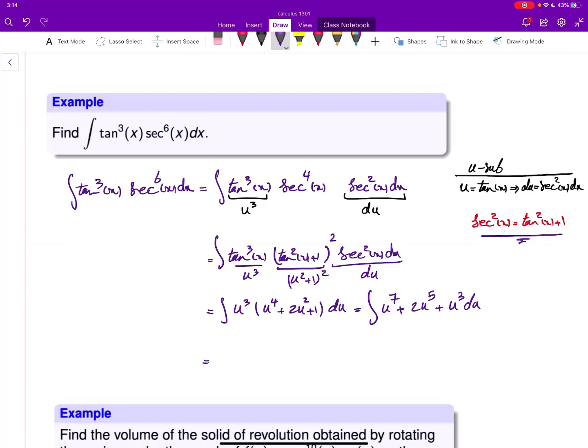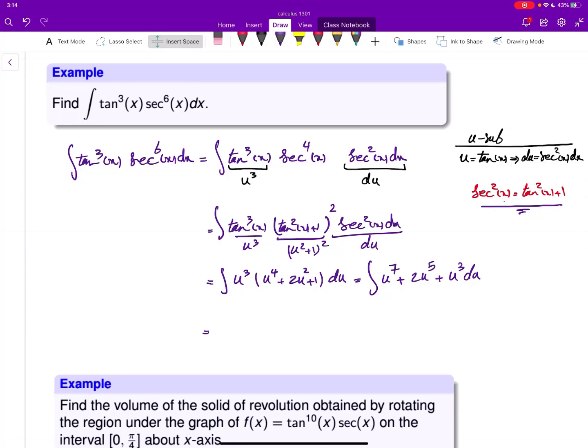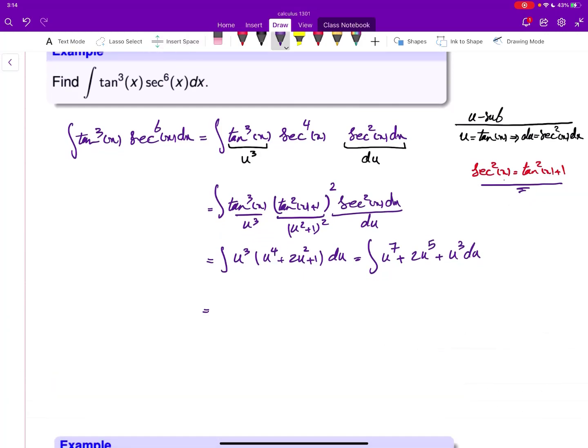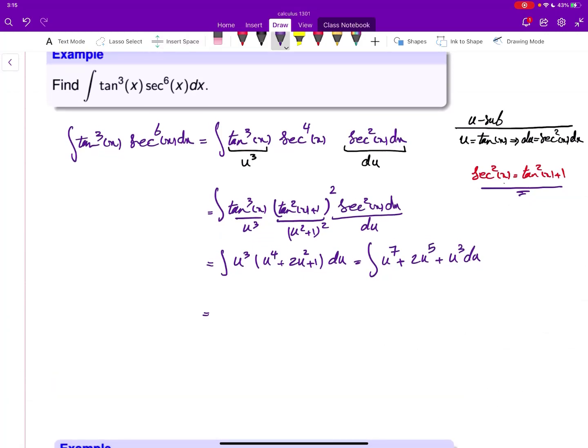Integrate, just the simple power rule would do the job. Linearity and power rule do the job. So it will be u to the power 8 over 8, plus 2 over 6 u to the power 6, plus u to the power 4 plus c, and then plugging back everything. So instead of u, we have tan. So 1/8 of tan to the power 8 x, 1/3 (2 over 6 is 1/3) tan to the power 6 x, plus